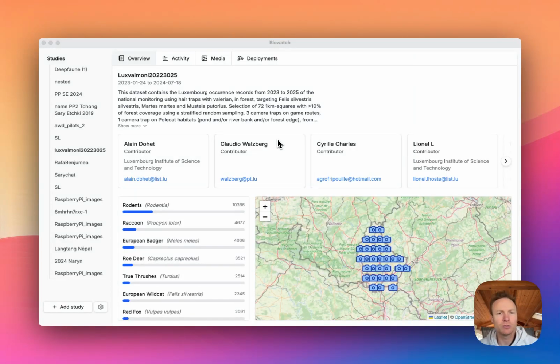Hi, this is a quick tour to show you the latest Biowatch updates. As a reminder, Biowatch is a desktop application that can work on local data and help you visualize and analyze camera trap datasets. So in this case, we have